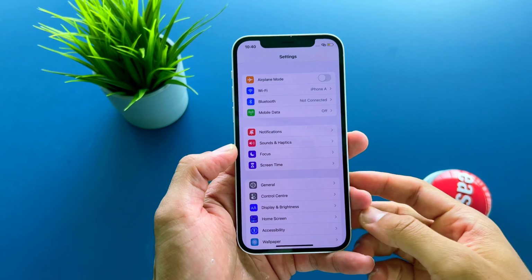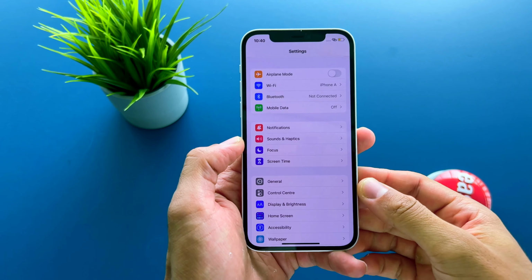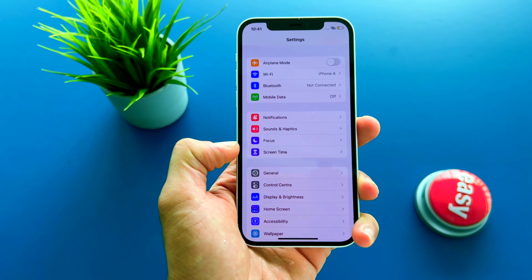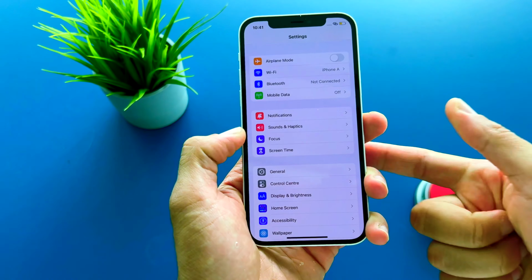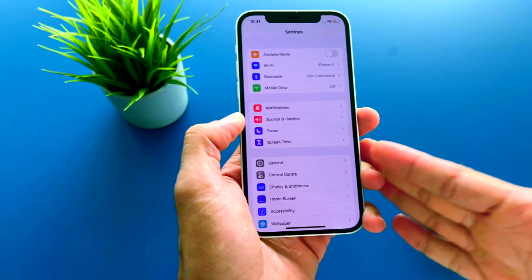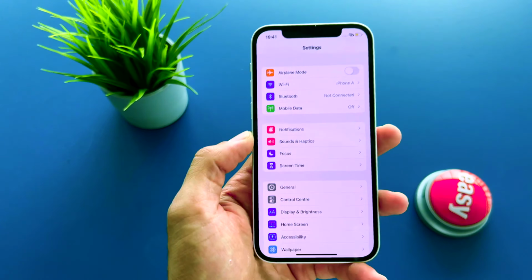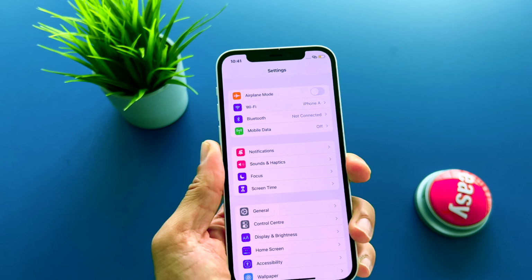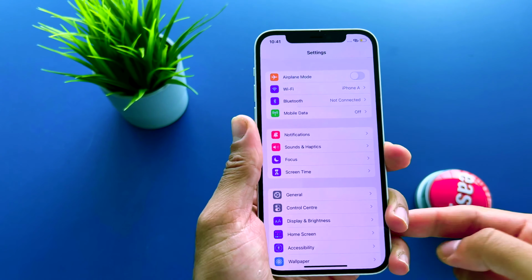Hey guys, this video will show you exactly how to download iOS 16, the beta version. So we all know that the official iOS 16 will be released with the next generation iPhone. Most likely it will be the iPhone 14. But if you want to have the iOS 16 beta version already on your current iPhone, you can do that by